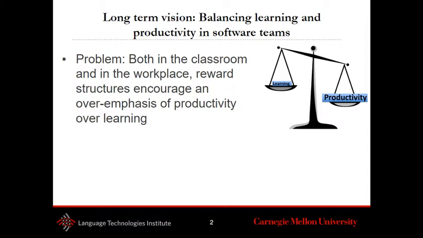Similarly, in project courses, though the goal is about learning, students default to a stance that's almost like industry, where what they really want to do is produce some good project and get a good grade, and that undercuts the learning that these project courses are meant to offer them.